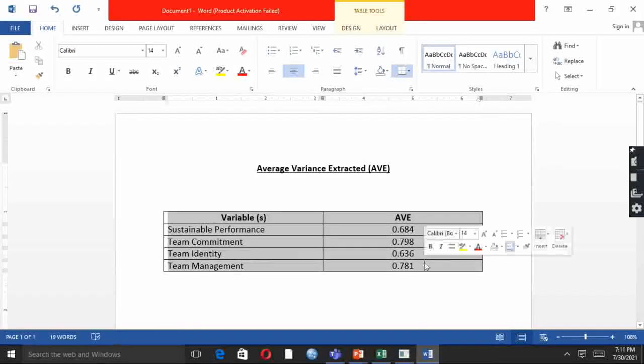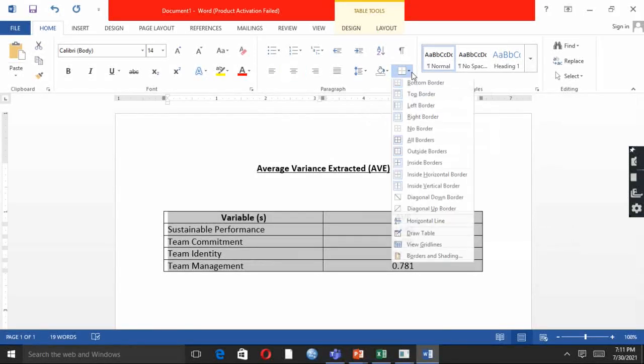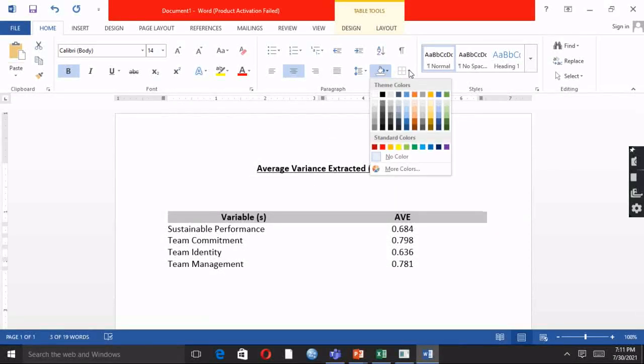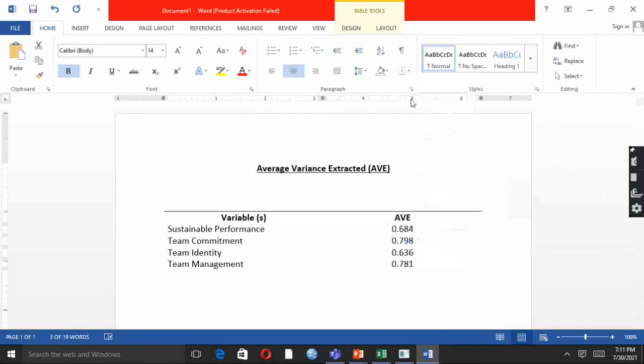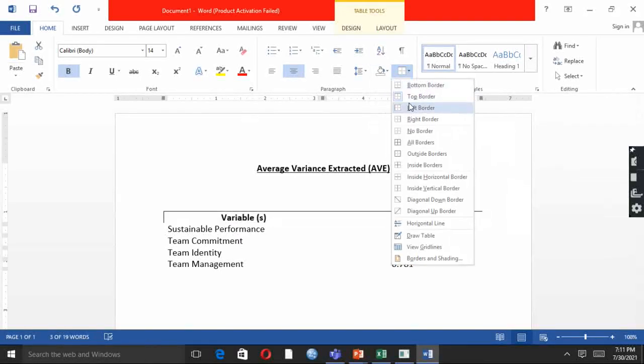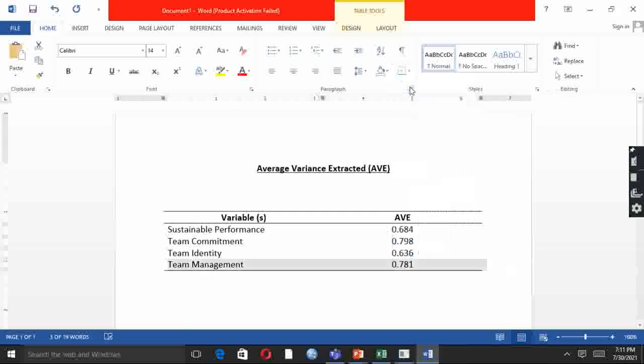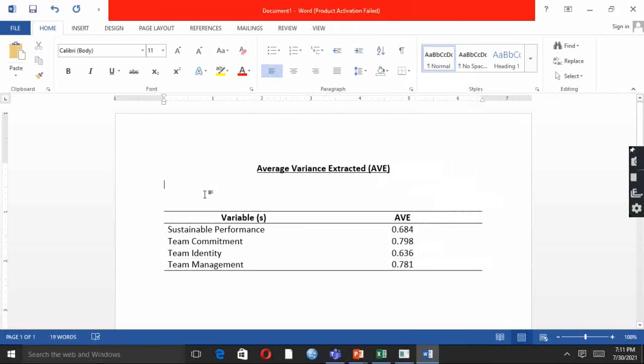First of all, we need to format this table. The formatting style is like this. We will format our table.